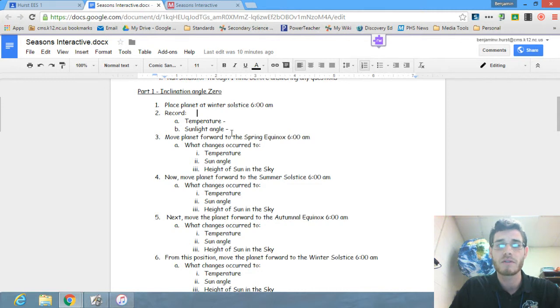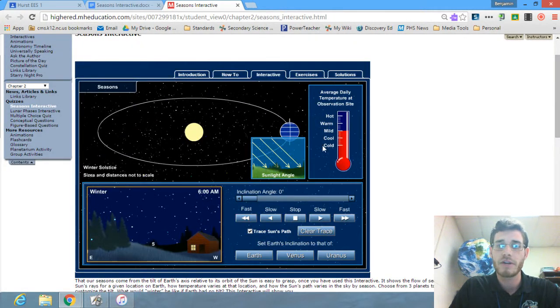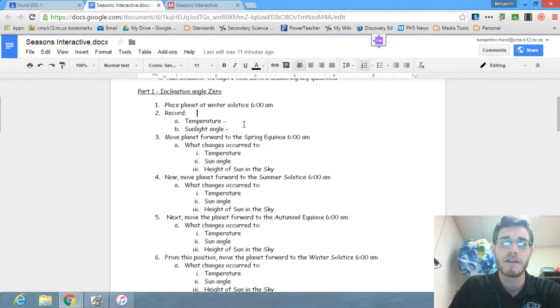You're going to record the temperature and the sunlight angle. So temperature is right here. I would say mild. And then the sunlight angle is right here. You're going to have to estimate that. It's the angle the sunlight's actually hitting the ground. So imagine there's a horizontal line right here. You're going to measure the angle between that horizontal line and these yellow lines. So for this one, I'd say about 45 degrees. If these yellow lines were horizontal, I would say 0 degrees. If these yellow lines were straight vertical, I would say 90 degrees. These look like they're right in between, so I would go with 45. So I would write that in there: mild and 45.